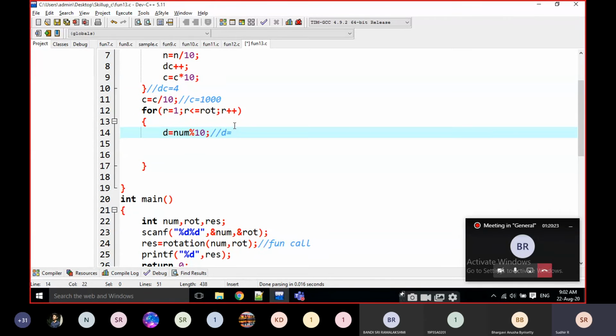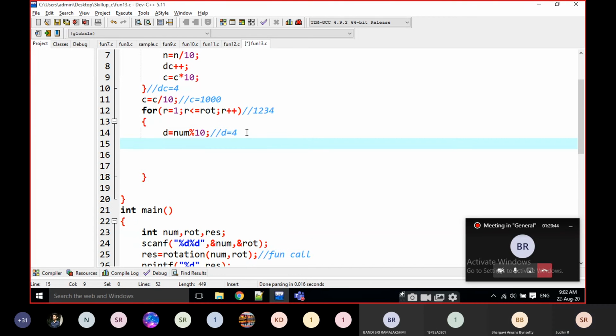For example, the input is 1, 2, 3, 4. What is d here? What is d, students? d is equal to num mod 10, the last digit.